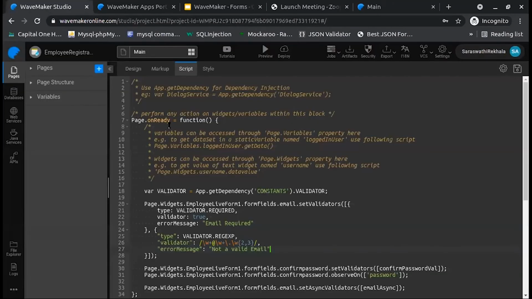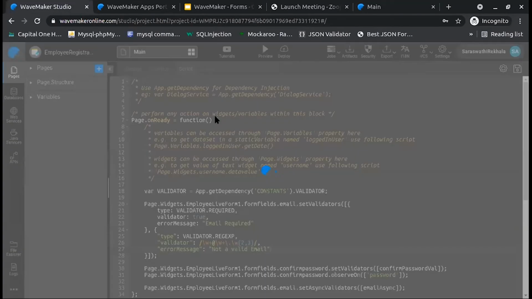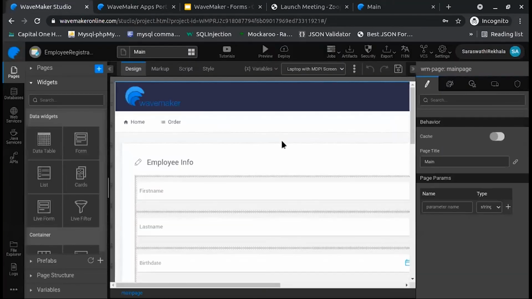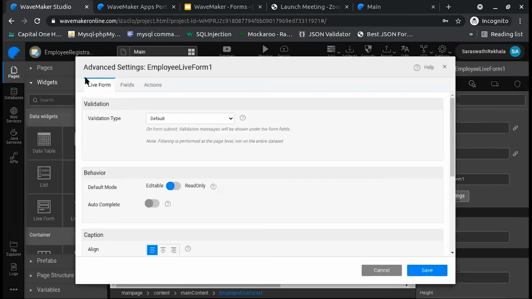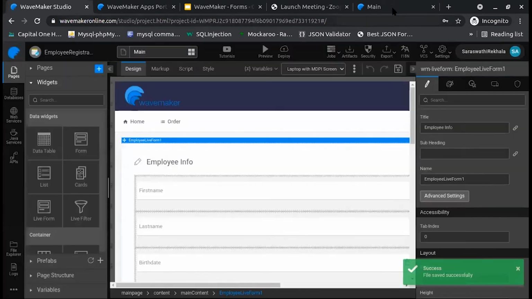So here I have a password field and a confirm password field. You can adjust these form fields order from here under advanced settings. So let's move this confirm password field up.